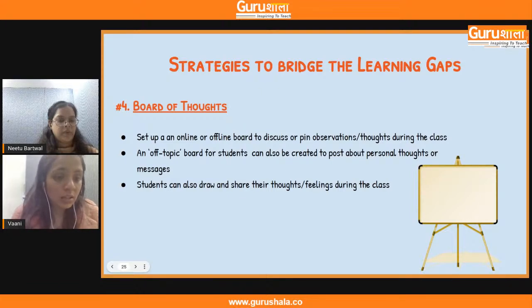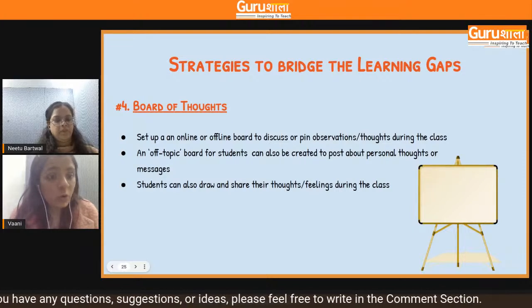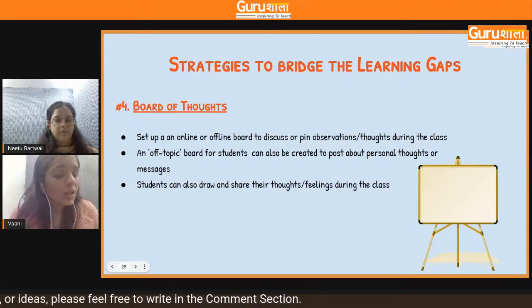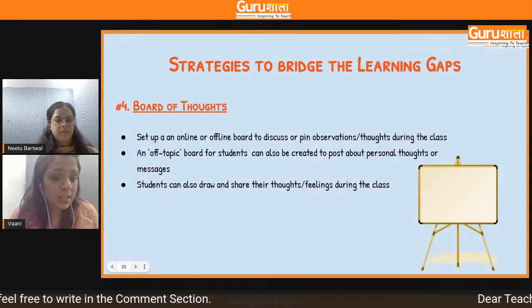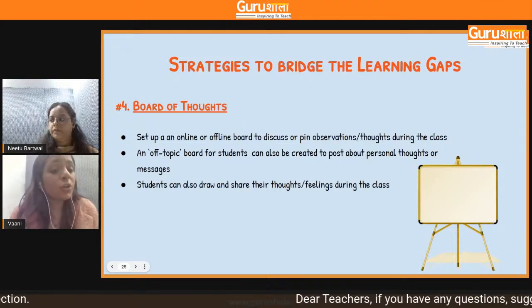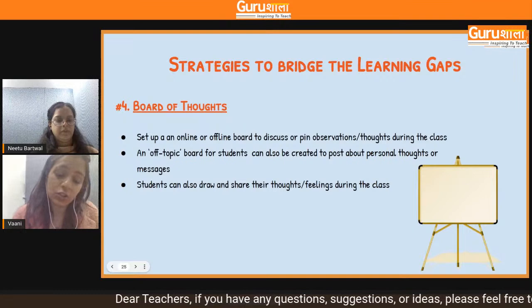This is also another thing that can help the students explore their thoughts, explore their minds, explore what they have studied, explore what they have learned, or just simply explore something that they want to share. This can also help in building confidence, and can also be a fun activity which will in turn motivate the students to come and share their thoughts and opinions, and also ask their teachers questions.